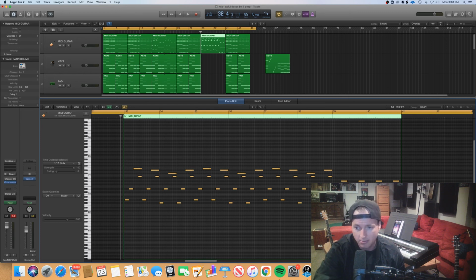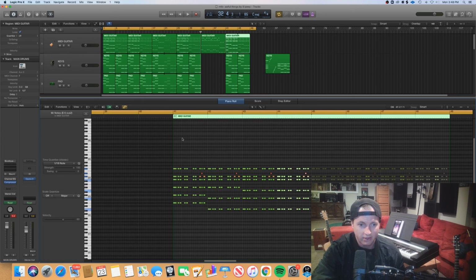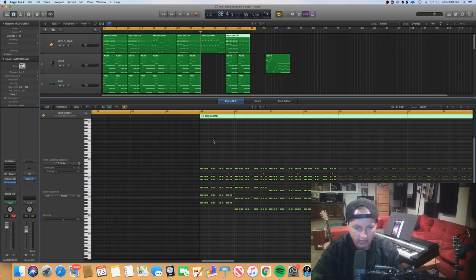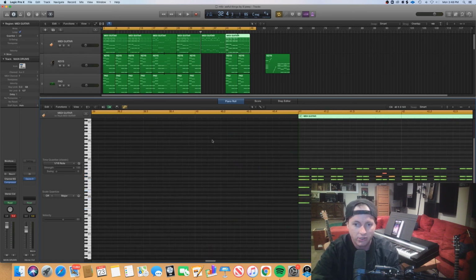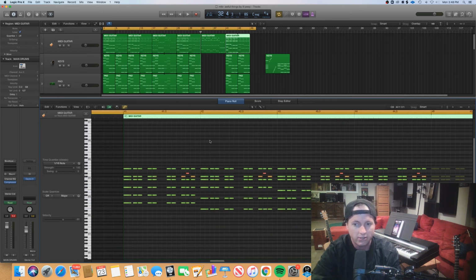Then we go to the E major arpeggio. That's exactly the same as we found in the previous verse. Just comes after something different. Then finally, we go straight back into the main guitar riff. Now, most of what you're hearing is the actual guitar that I played. I just chart these in so that we can see the notes. So if you wanted to, you could pause the video here and look at all of the different notes.